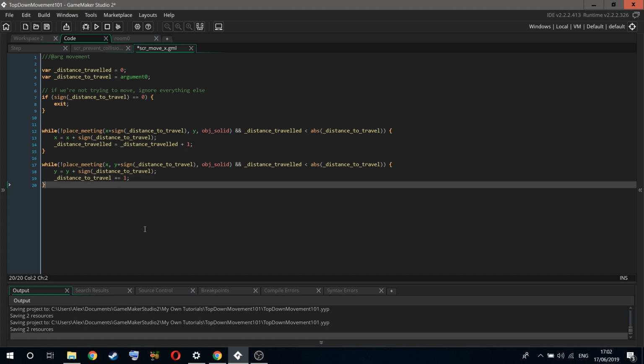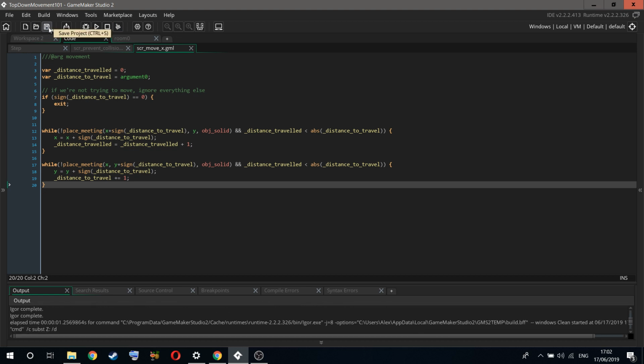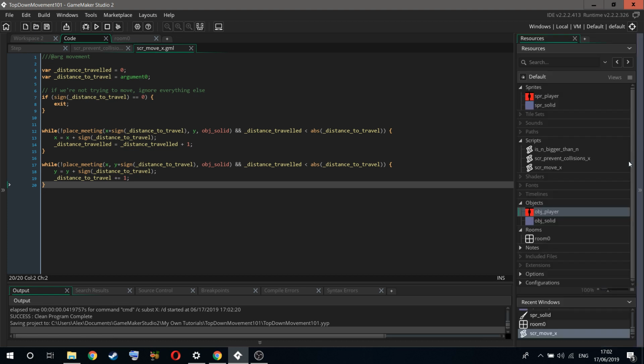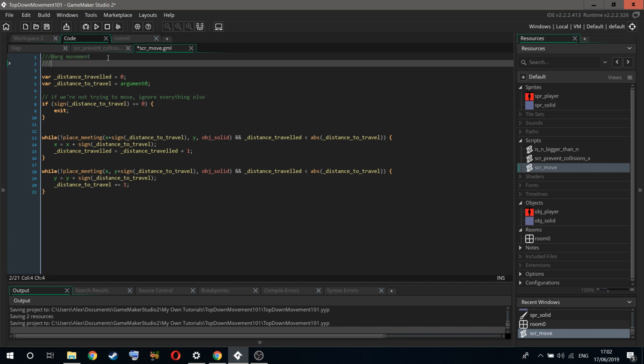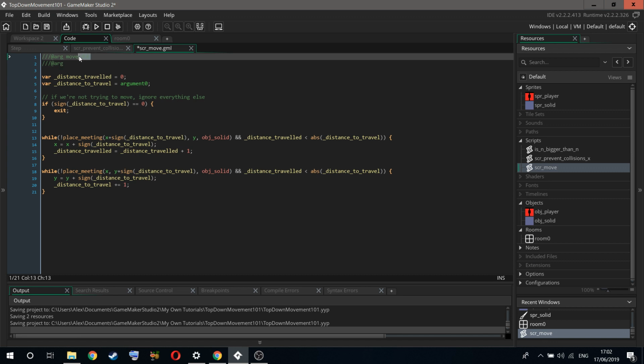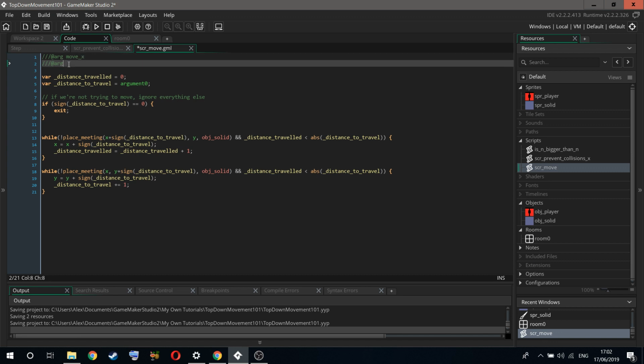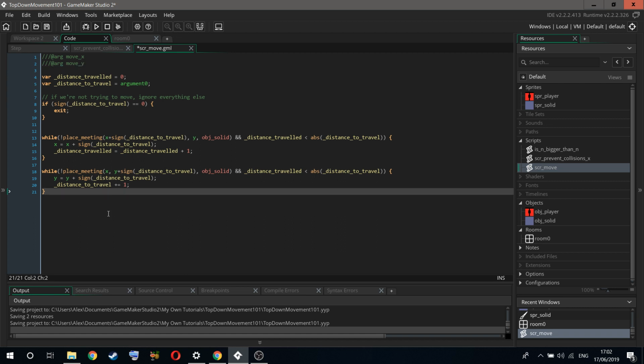So what I'm going to do is duplicate this. Well, I don't have to duplicate it. I can just rename it, call it scr_move. I could do this, and I could replace the script a bit, add another argument. Could call this one move x, call this one move y, and then